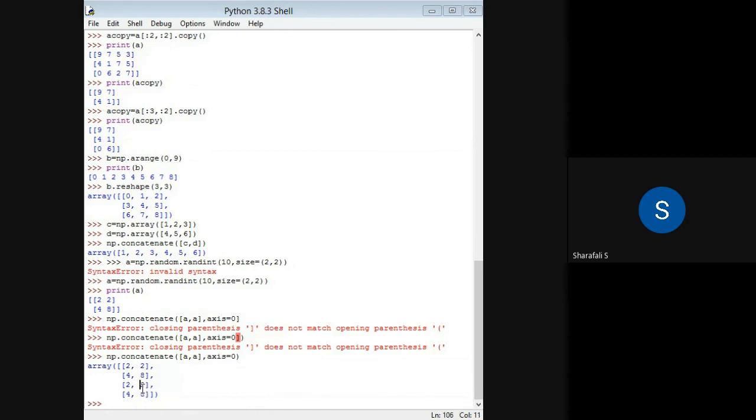So in this case, it is adding more rows. So it is concatenation row wise. If you use axis equal to 0, which means row wise. And if you are considering it as 1, then it will be adding column wise.